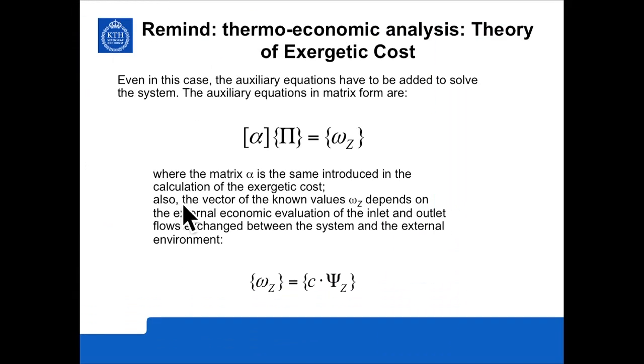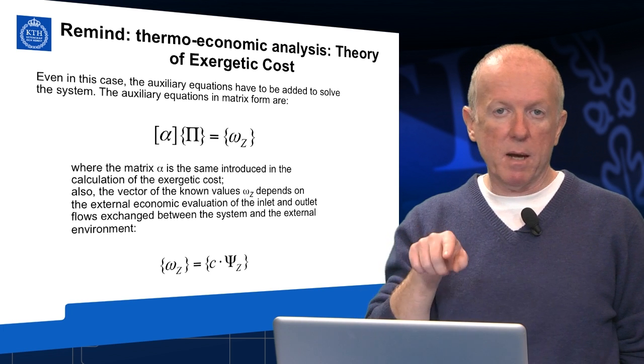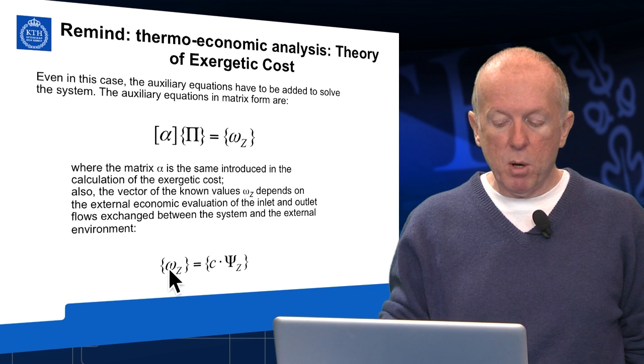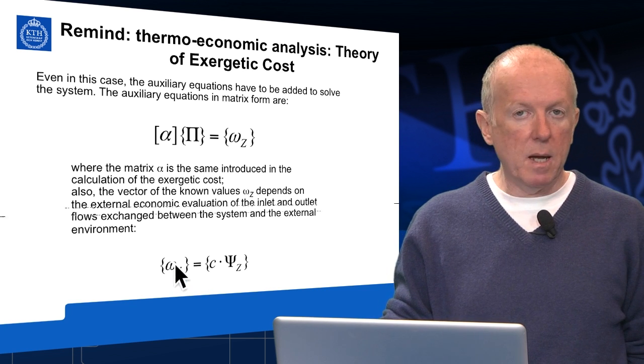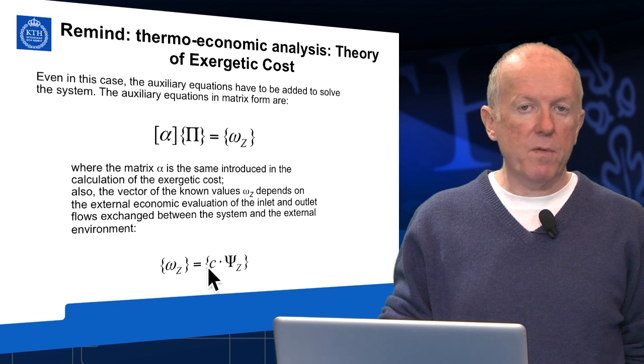So the matrix alpha is the same introduced in the calculation of the exergetic cost. The vector of the known values omega Z depends on the external economic evaluation of the inlet and outlet flows exchanged between the system and the external environment. It is again the same external evaluation that we have done in the exergetic cost, but in this case expressed in monetary form. So as an example, omega Z, the vector, can be expressed as the unit cost of the external fuel,